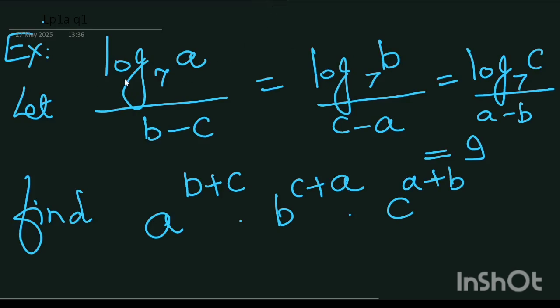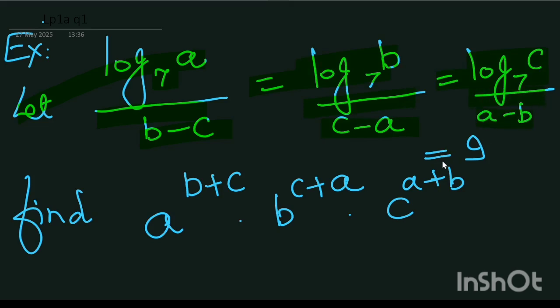Let's try to attempt this example. Let log a base 7 upon b minus c is equal to log b base 7 upon c minus a equals log c base 7 upon a minus b is equal to 9. If this is given, then we have to find the value of a power b plus c, b power c plus a, c power a plus b. So guys, the question arises, how to approach this? What is the hint